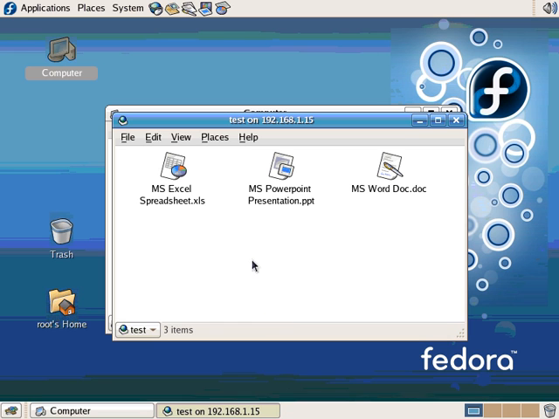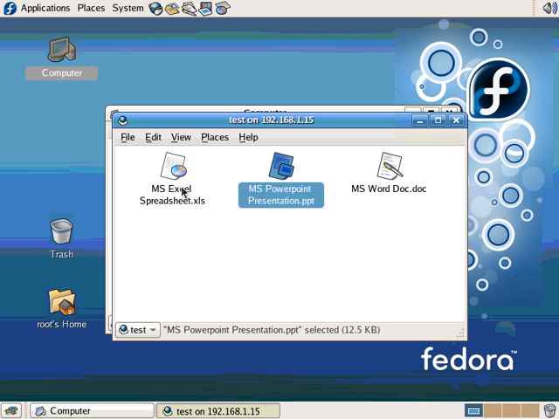So it goes across the network to the Windows client, and it found these 3 files. Notice it knows that they're all XLS, PowerPoint, or Word doc files. But notice it also associated them with the proper programs. I can tell that because the icons on these files represent, in this case, the Writer application, the Impress application, and the Calc application. So if I open these up,